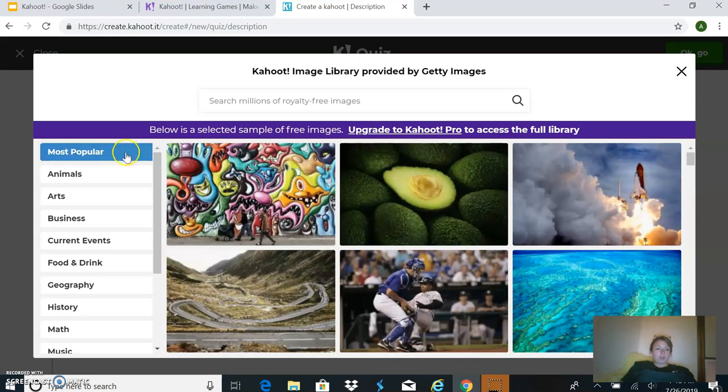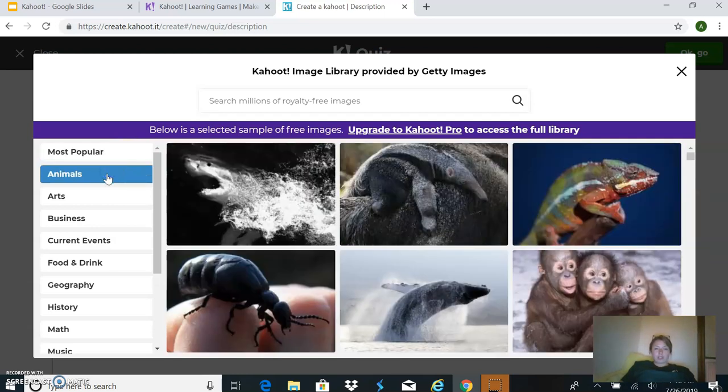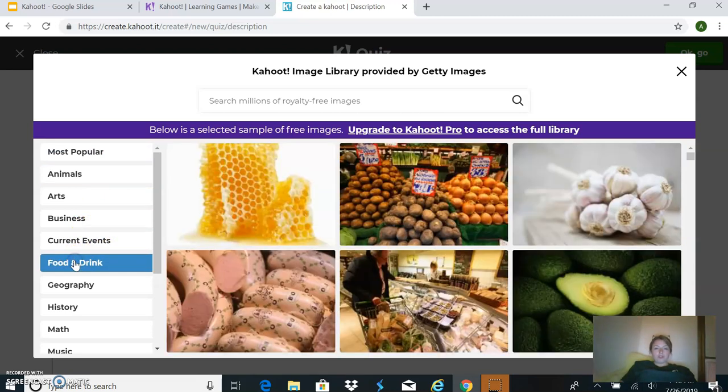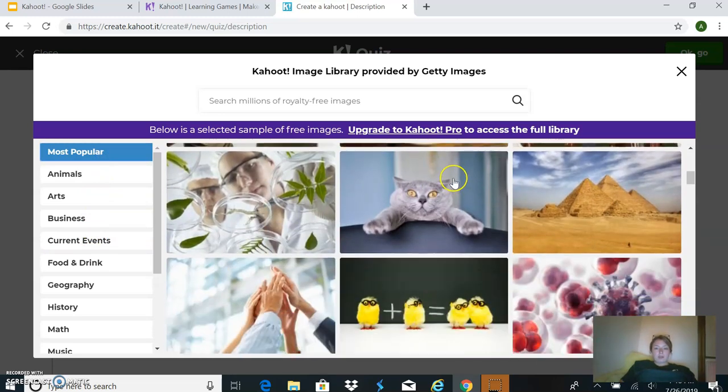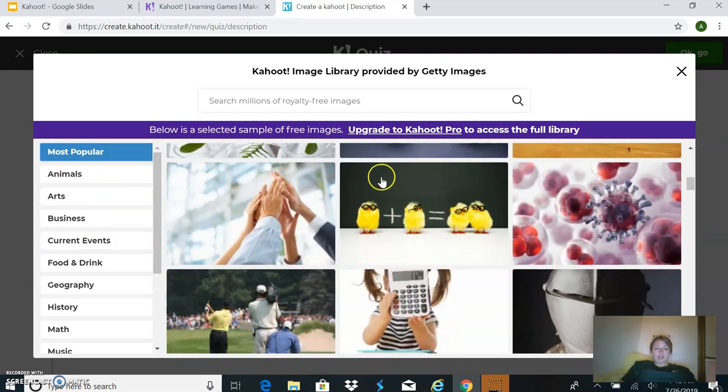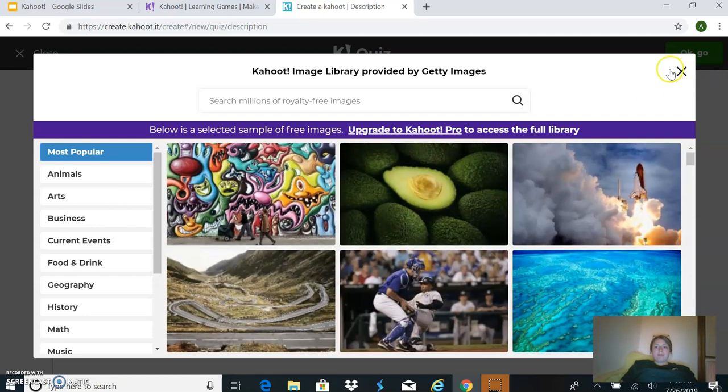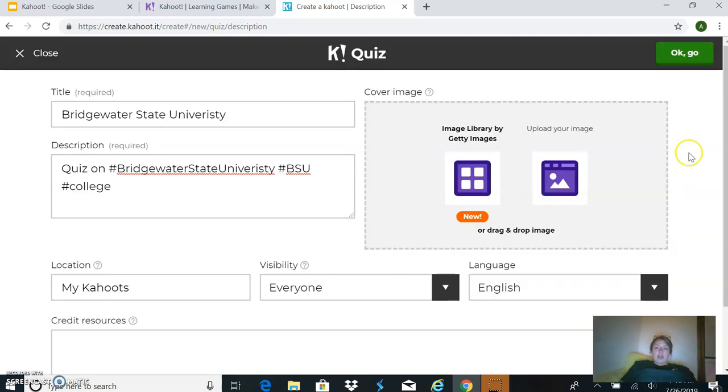This is the most popular images. If you're doing a Kahoot on animals, you could click animals. Or if you're doing it on food or drinks, you could do it on that. Pick an image, but yeah, if you're doing it on cats, you maybe grab a cat. This one's really cute for math. That's a favorite. But I'm not going to find any Bridgewater State images here,